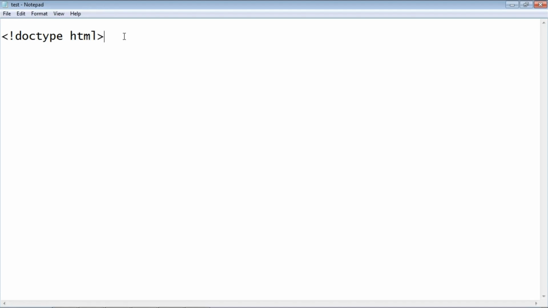Now, the very first thing that comes after the doctype declaration is the HTML element. We create that by typing in HTML. Then, if you remember from the first video, this is the opening tag, and we need a closing tag, so we put a slash here. Now, this really is not a section of our HTML document. It's more like a wrapper. Everything in our document will go between this HTML element, between this opening tag